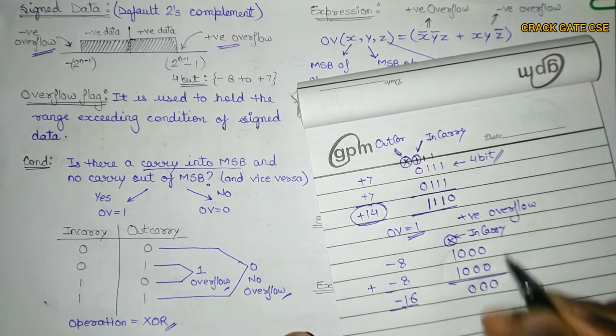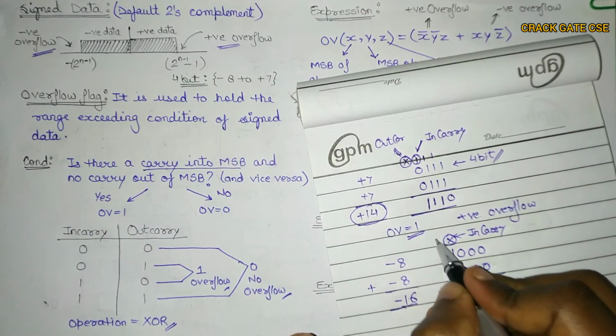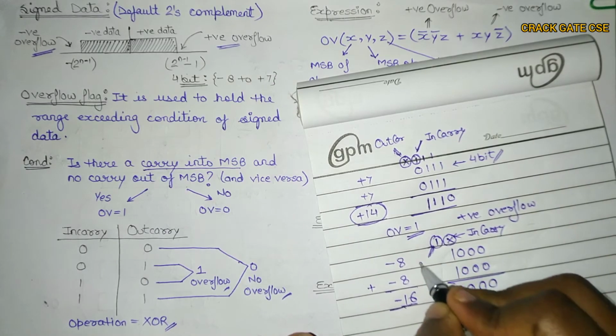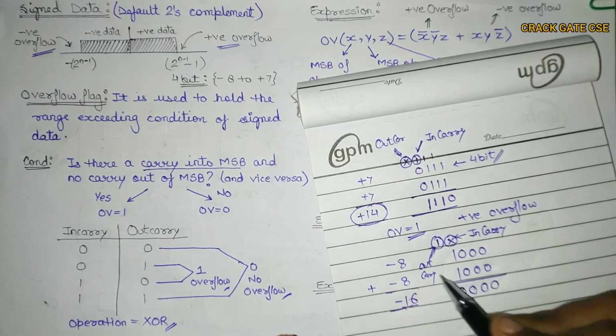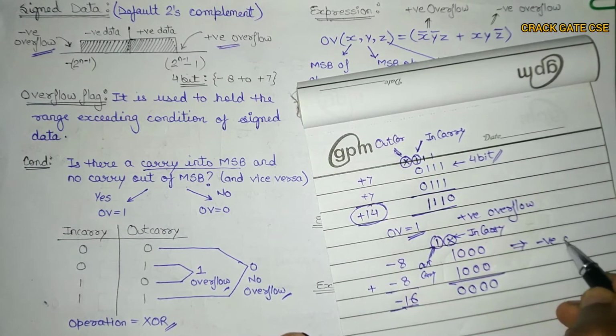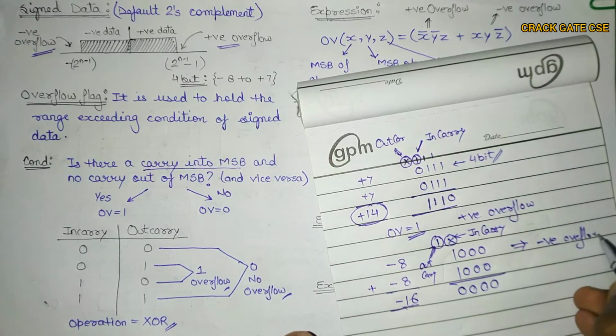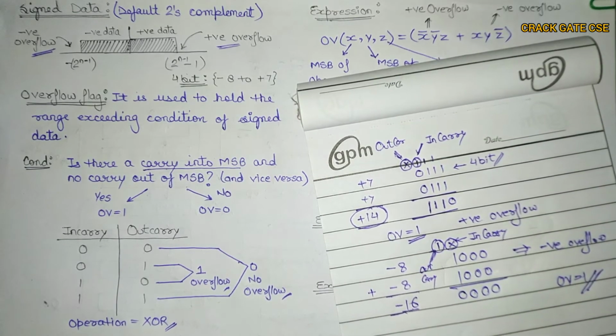That means there is no in carry. So there is no in carry. And if I add this 1 and 1 it will be 0, and there is 1 out carry, right? So if there is no in carry and there is an out carry, then this condition is known as negative overflow. So the overflow flag will be set to 1. So if the carry is in the format 1x, that means no in carry and out carry, it is negative overflow,